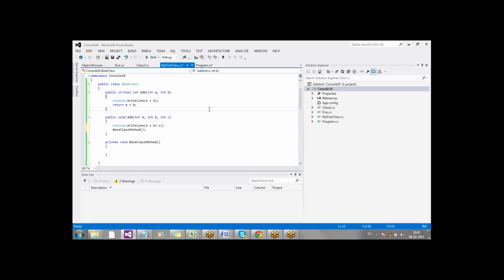Good. Now I have an assignment for you. Use all the concepts which we have discussed in our class, and create a small project and take the screenshots of every concept. You need not take the screenshot of everything, but when you are implementing something, take the screenshot of it and put it in a Word document and send it to me by tomorrow.